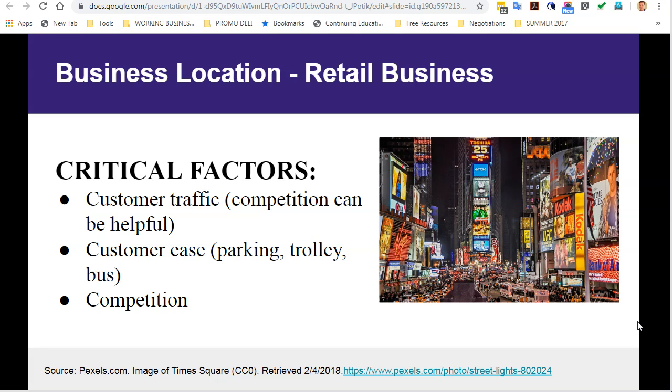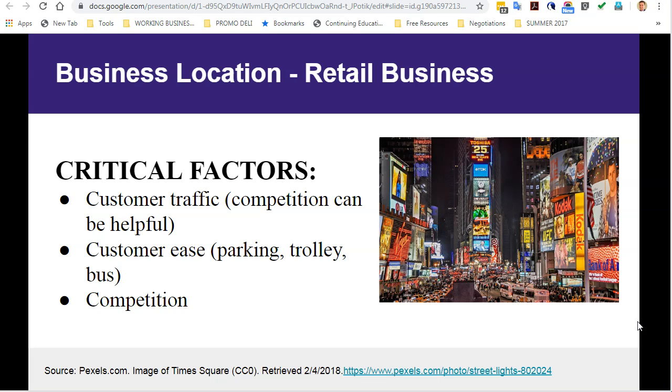So one of the things that you want to consider when setting up your business is, what is your distribution strategy? In the new environment where producers are selling directly to the customer, where are you going to set your business up? There is still a need for retail business. So if you do want to set up a retail shop, that means people are going to enter your space in a physical location and enter your store.